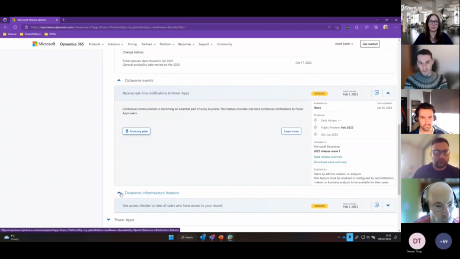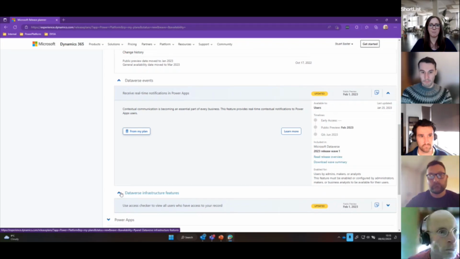This one here is a really nice little feature, actually. So we're probably all familiar with the ability to check access on